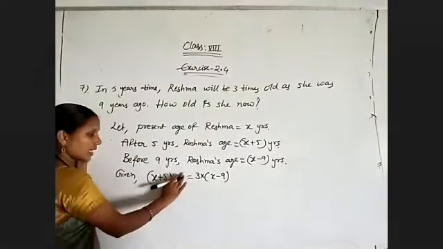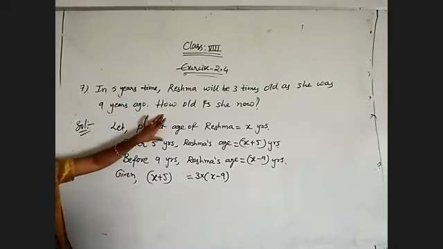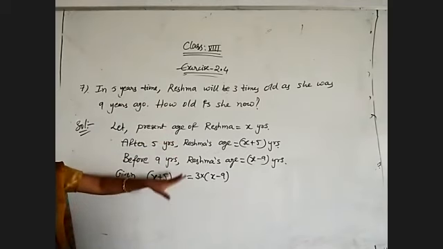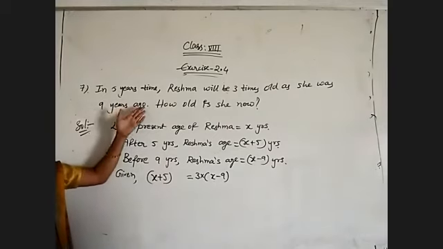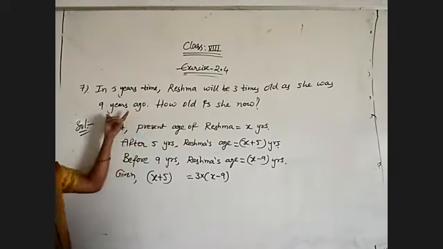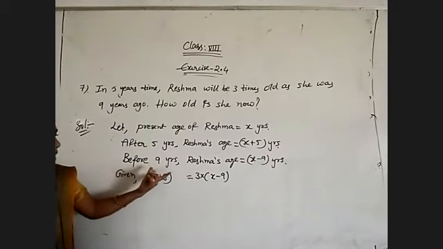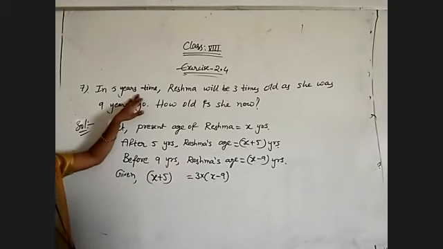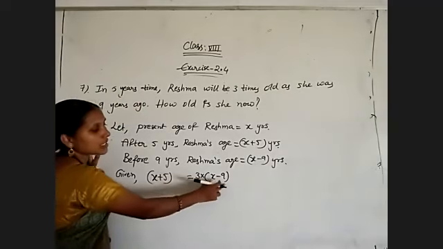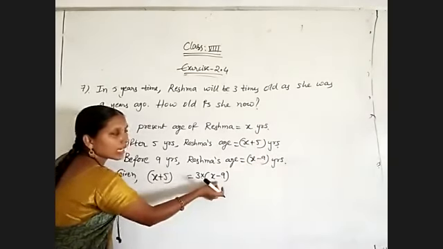Okay. So what is they are given in condition? Observe. 5 years time. So first of all, let her present age is equal to X. 5 years time, her age will become X plus 5. In 5 years time, after 5 years, X plus 5 is that age will be equal to 3 times old as she was 9 years ago. But first of all, what is her age before 9 years? We need to find. Ago is nothing but before. So before 9 years, Reshma's age will become X minus 9. And they are given the condition. In 5 years time, her age will be 3 times as old as 9 years ago. So X plus 5 is equal to 3 into X minus 9.